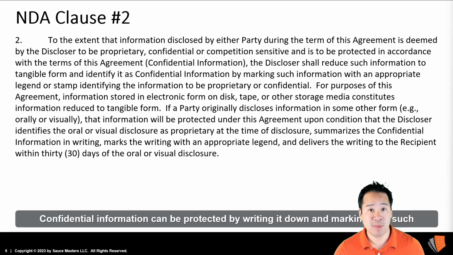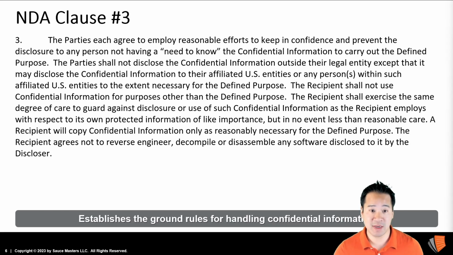And even if you share it by talking, that's the verbal or oral piece, or showing someone, visual, you can still protect it by writing a summary, marking that summary as confidential, and then giving it to that person or company within 30 days. That's what that clause means. This particular clause establishes the ground rules for